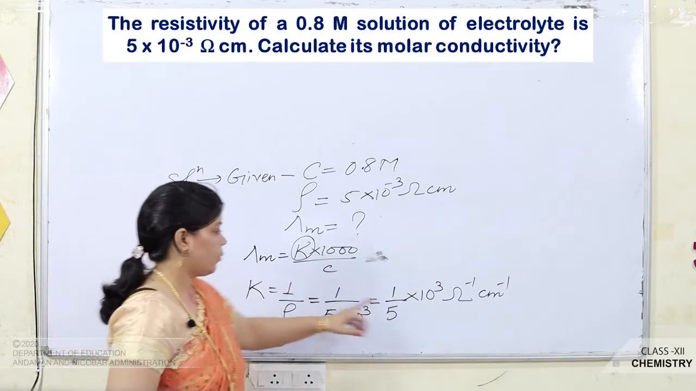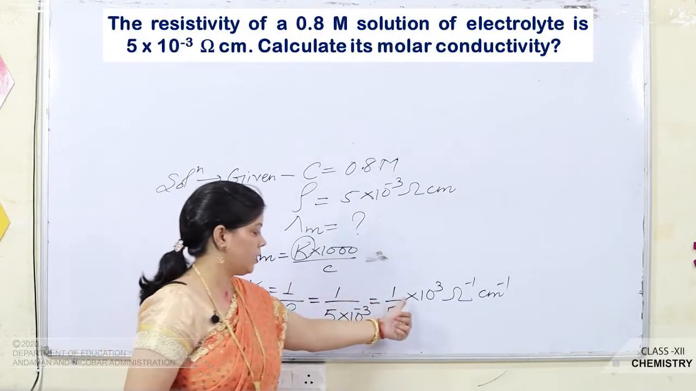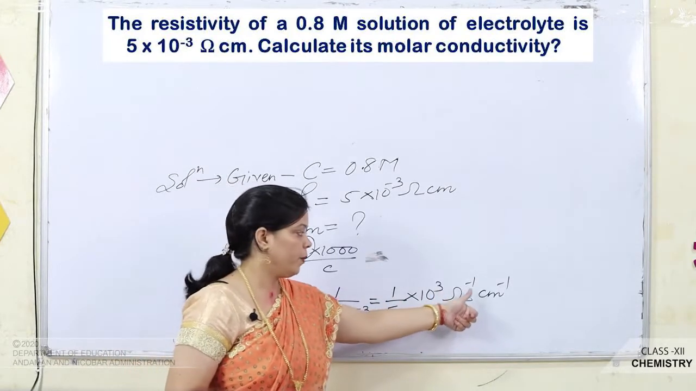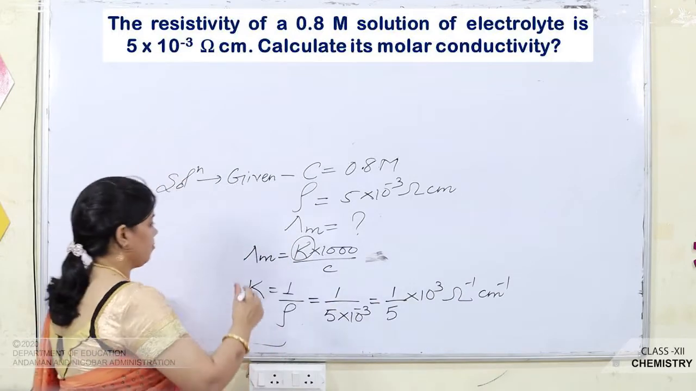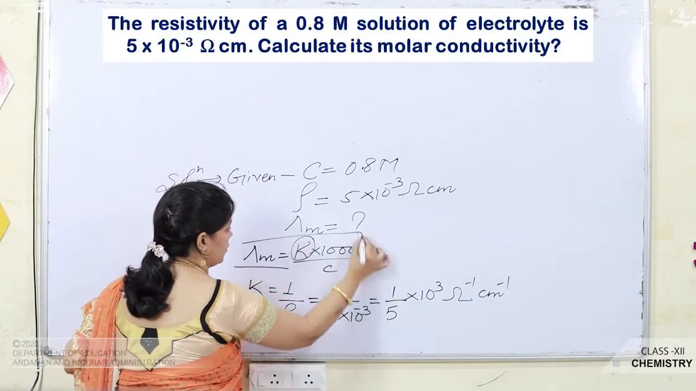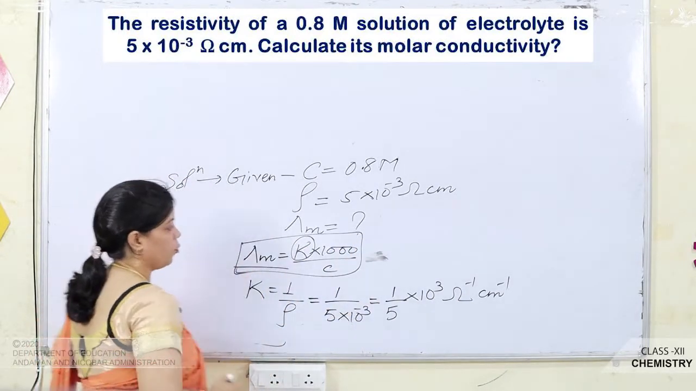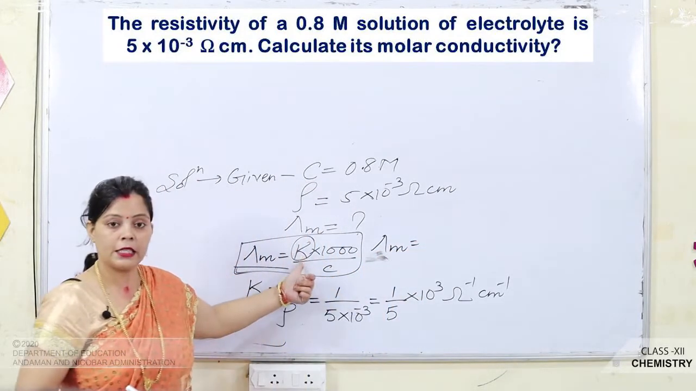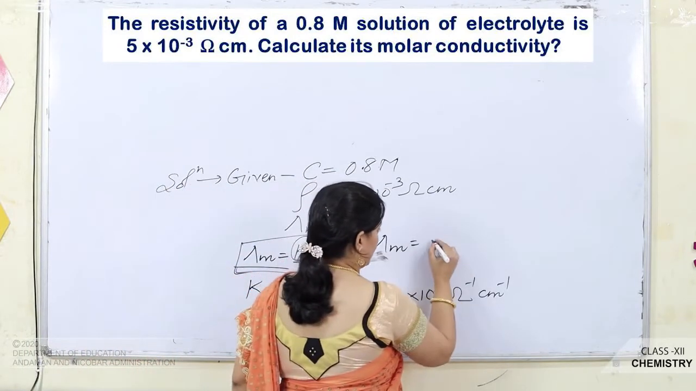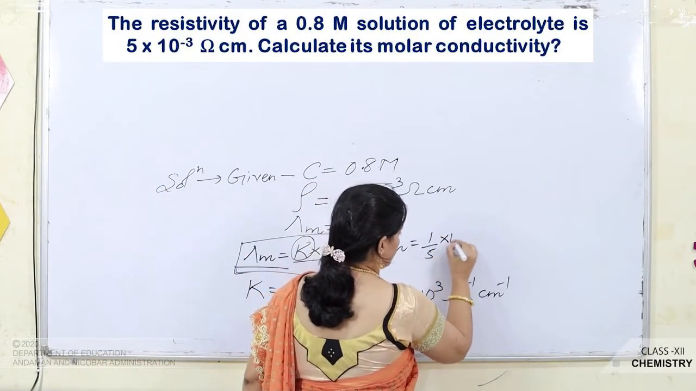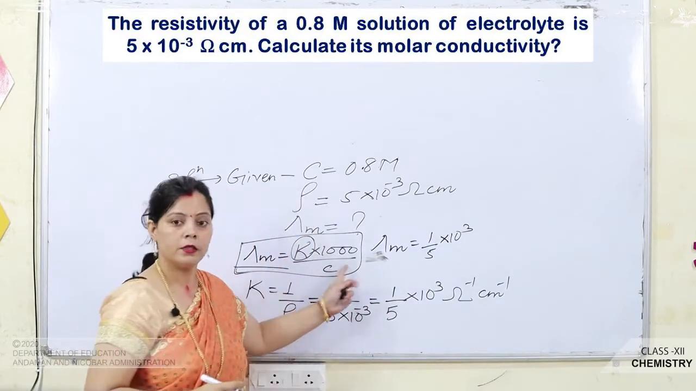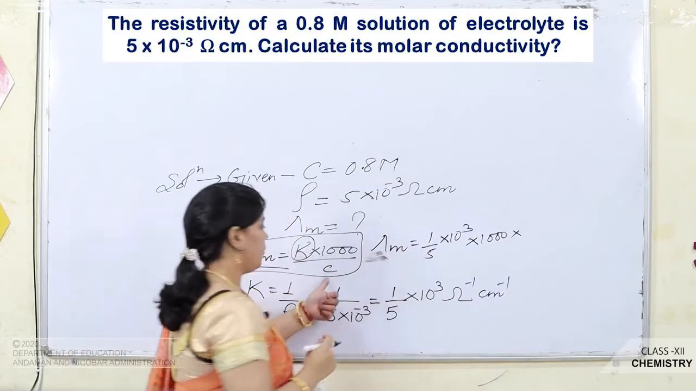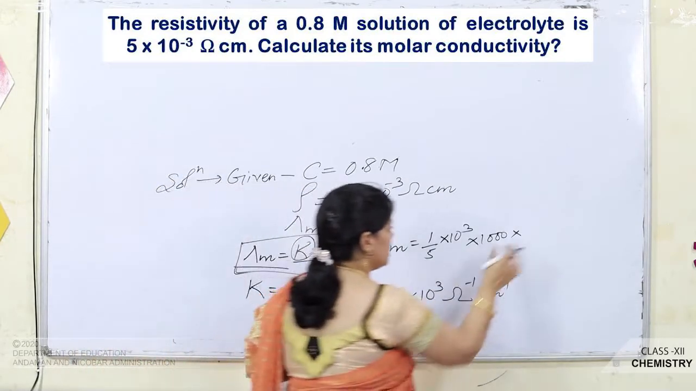Now after calculating the conductivity, we got the value of conductivity, that is 1 by 5 into 10 to the power 3 ohm inverse centimeter inverse. Now we can calculate the molar conductivity of the electrolytic solution by using this formula. The molar conductivity is equal to conductivity, and the conductivity is what? That is 1 by 5 into 10 to the power 3. After that, 1000 divided by concentration, and the concentration is